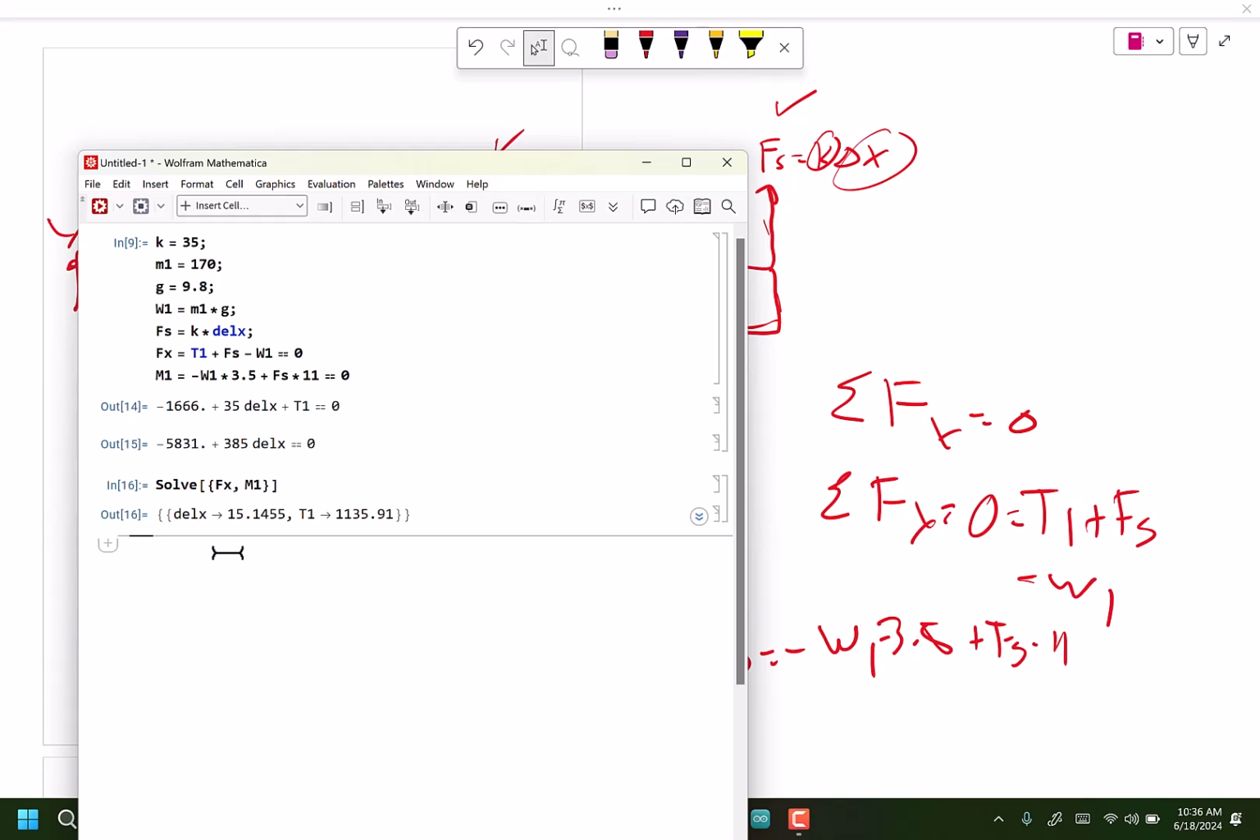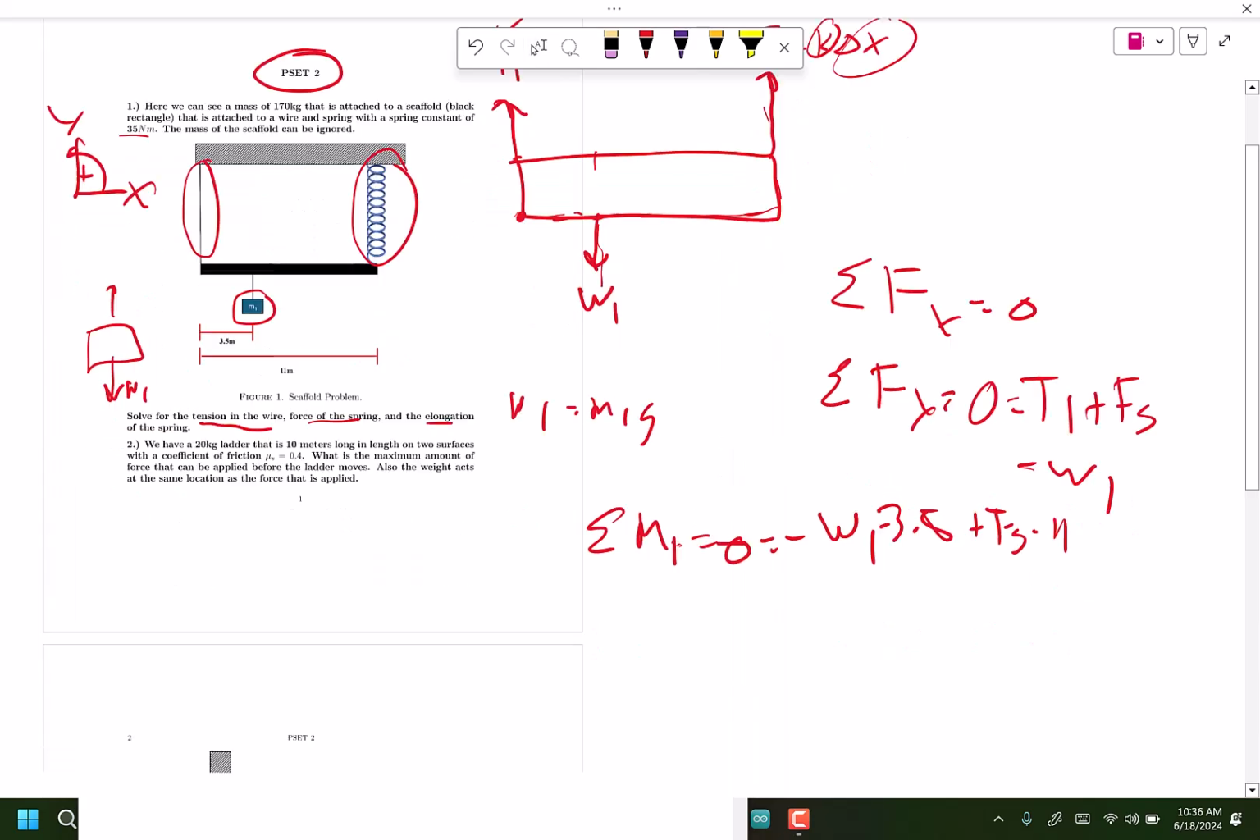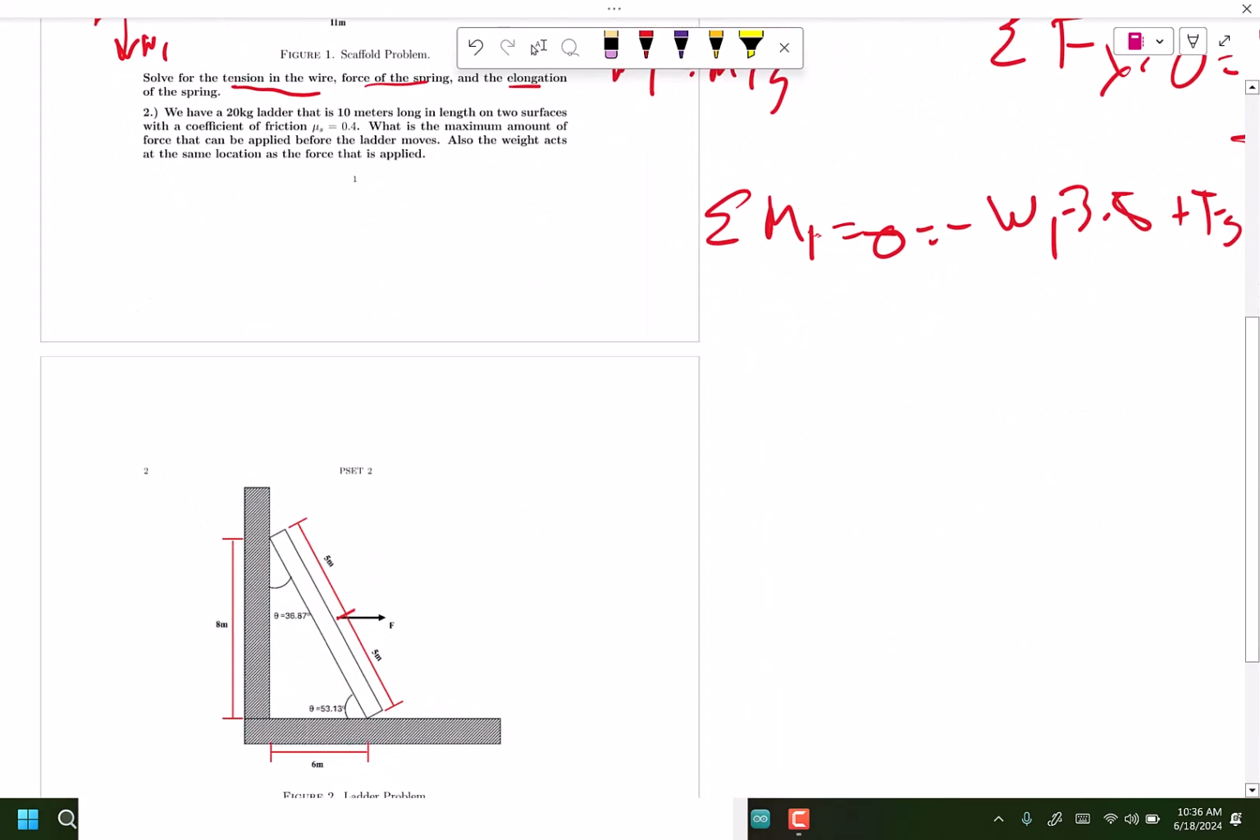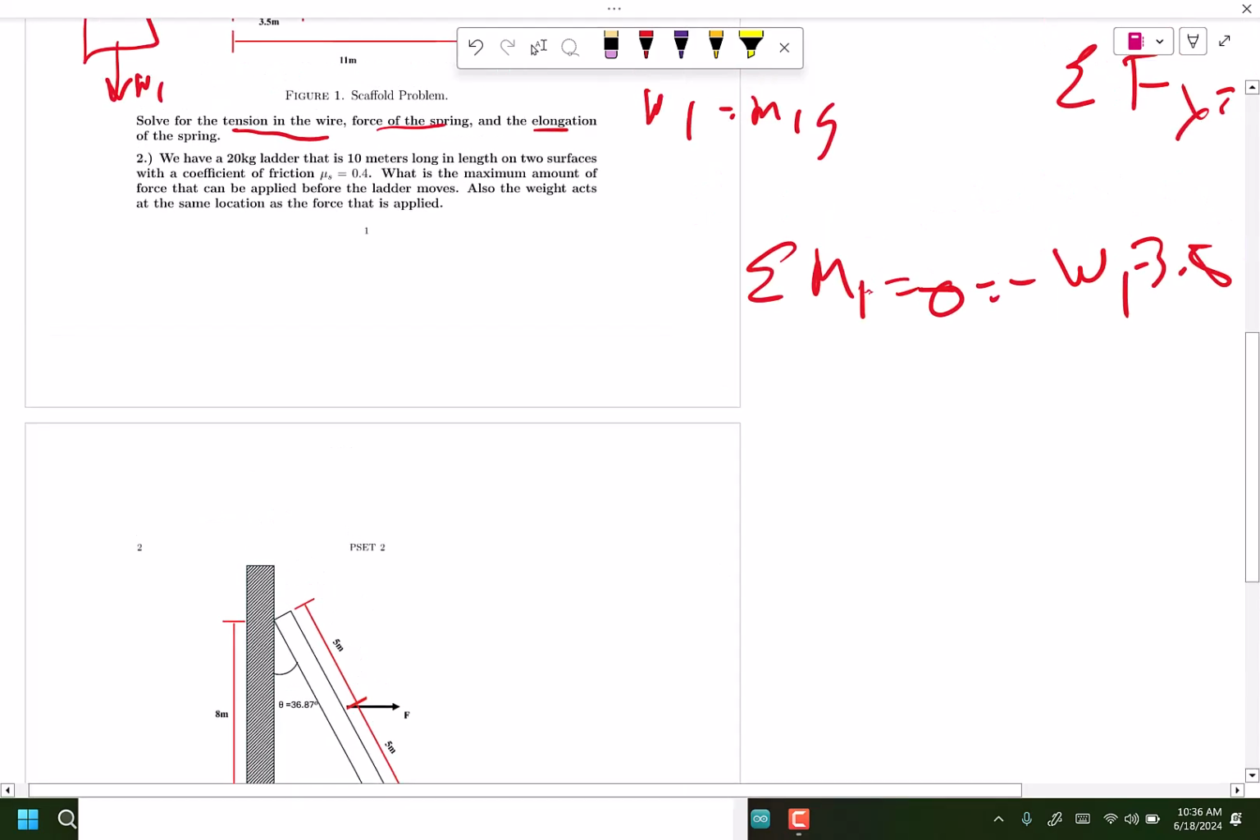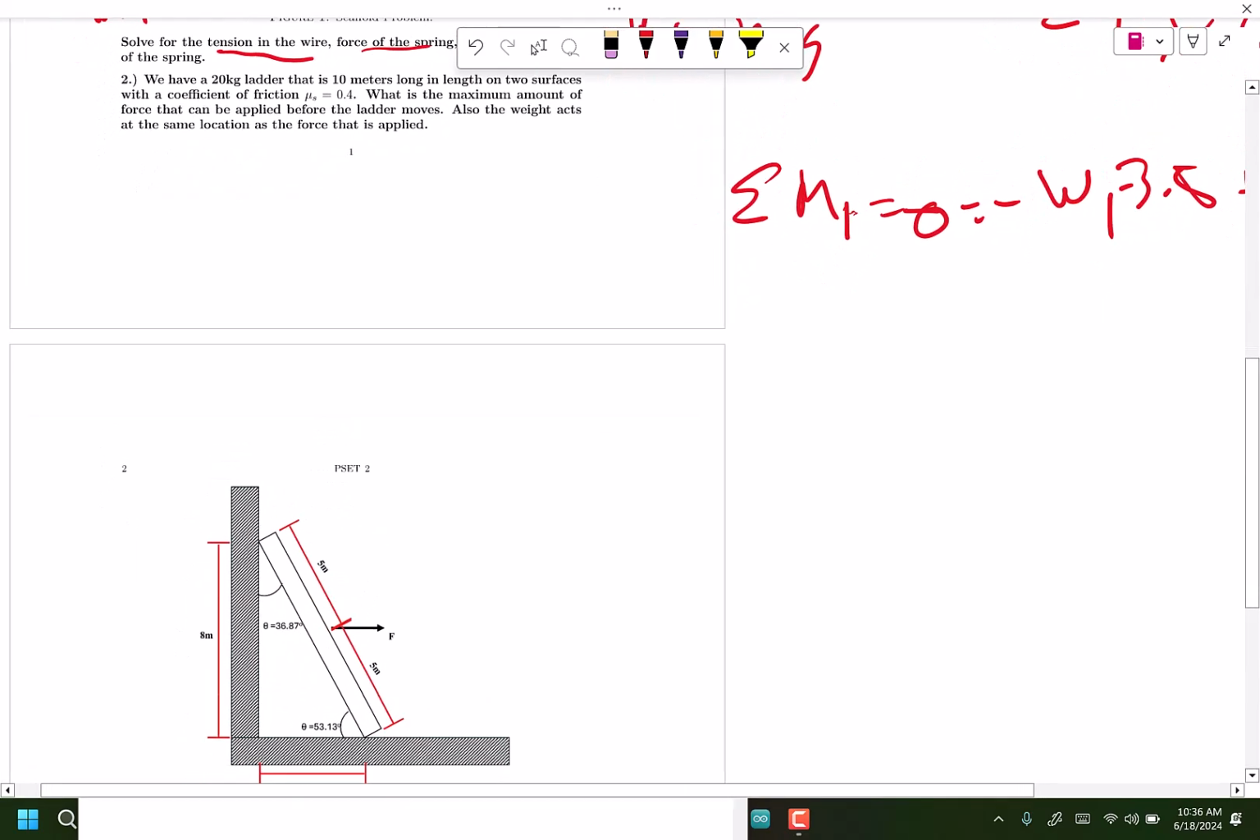And there we go. Tension, del X, and then we could also solve for Fs here. So we got it. Fantastic. So the next problem, it's kind of similar to our problem that we had, which is the ladder